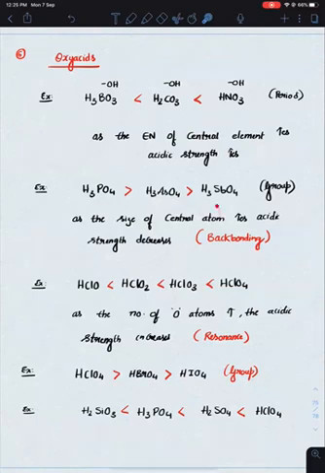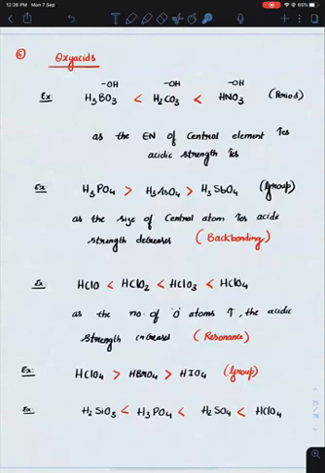But in case of oxy acids, as the size of the central element increases, the acidic strength decreases, which can be explained by a concept called back bonding. We will be explaining this in chemical bonding chapter. Okay. This particular case में the central element is same. In that case, if the oxygen content increases, the acidic strength increases, which is explained by a concept called resonance. बाद में देखेंगे.